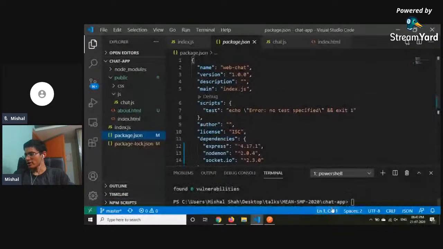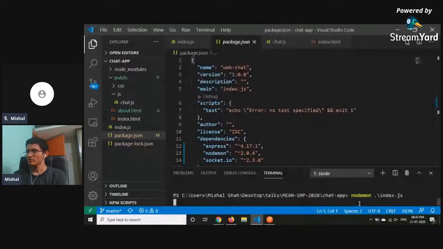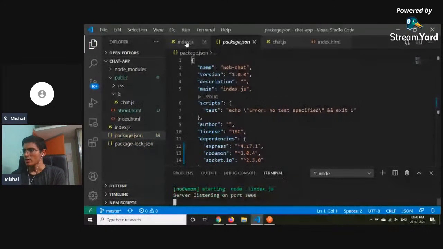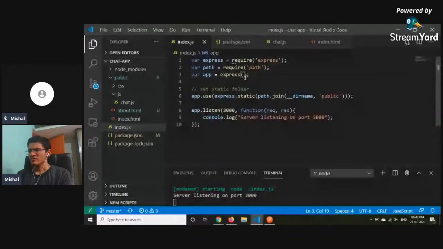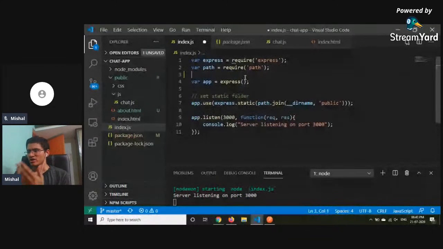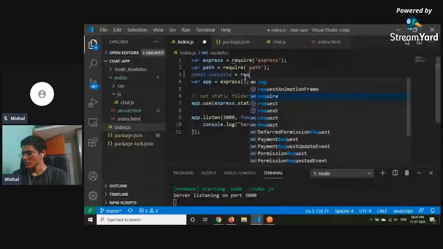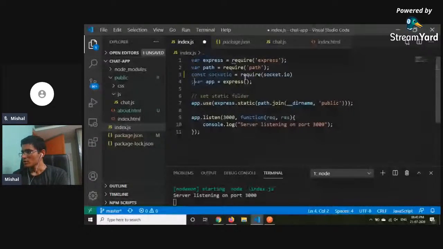So yeah, it has got added to the JSON, and I'll just do nodemon index.js to start the server. Now with any module which we have, your first step is always to import the library. So we'll just do const socketio equals require,